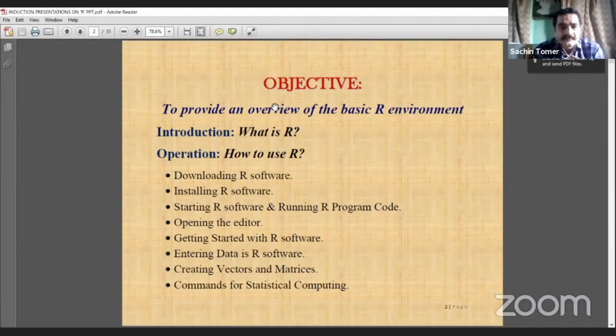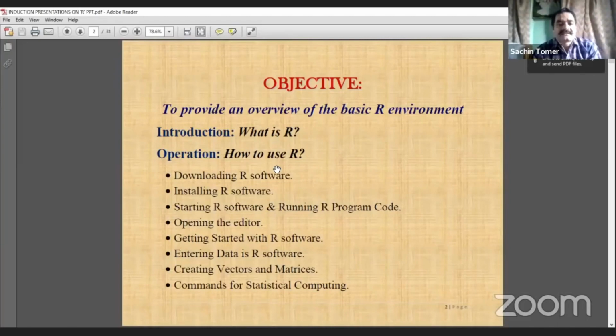The objective of today's study is to provide you very basic knowledge of R software. Very basic knowledge means we will discuss what R is and how to use it.